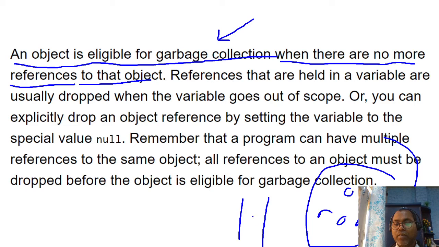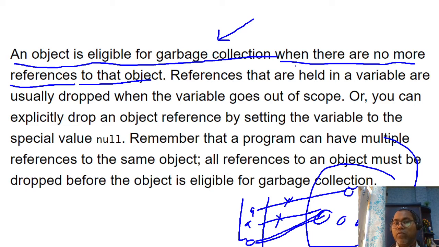This variable points to this, this variable points to this, and maybe another variable points to it too. If this goes to null, now this one is garbage collected. If we set this one to null, it is not garbage collected because other variables refer to it.